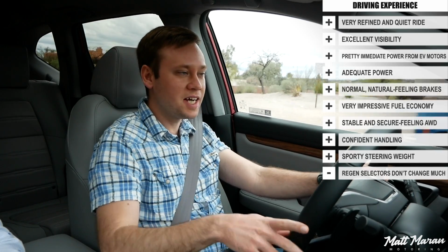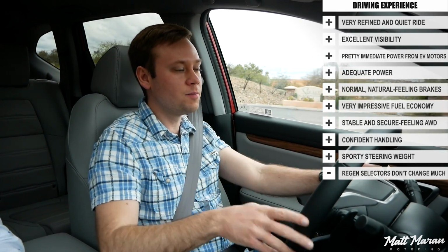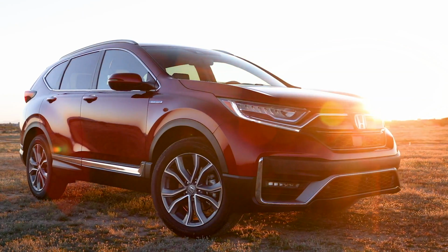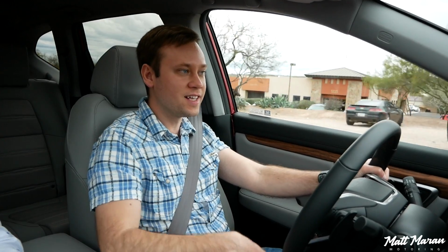But yeah, that's about all my thoughts here in the CR-V Hybrid. I'm very impressed with it though. Like I said, the refinement is really a good step up from the RAV4 in my opinion for their hybrid version, and I think it looks great. It's very competitively priced. You get competitive fuel economy. It's a very, very compelling option, and my only thing is I just hope that they eventually do